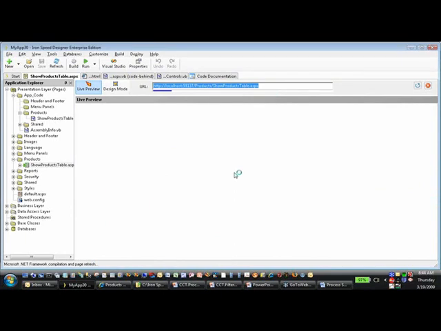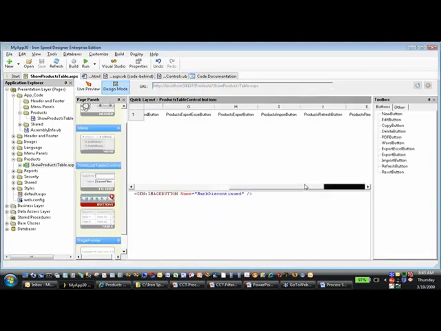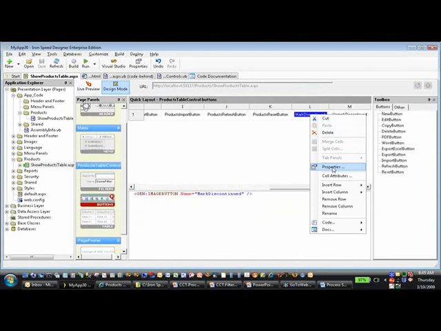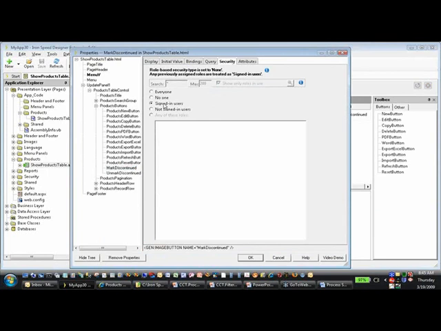But what I really wanted to show you is the following, which is that what you can do is switch over to design mode, go to Mark as Discontinued, bring up the Properties dialog box, and go to the Security tab, and you have an option to basically say, okay, show only signed-in users, not signed-in users, or any of the different values over here. If you've specified the roles table, all of the roles will be showed over here. This will not be grayed out, and you'll be able to select the specific roles that are there. So this way what happens is that button is going to be, so I'm only